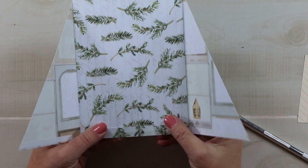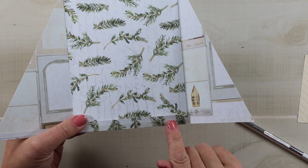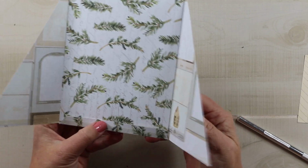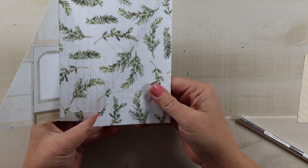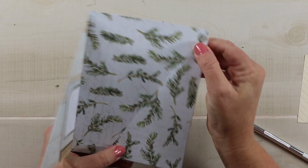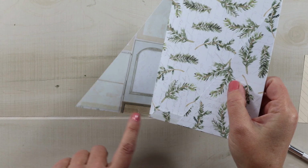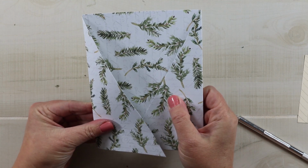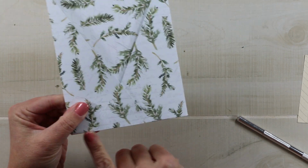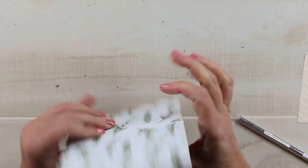Okay, so now I have folded up the flap on the bottom, and you can see that I have adhesive all the way across the bottom. So I'm just going to go ahead and fold over my right hand side. It goes past the middle, and so this will create the right hand side. And then I've put some adhesive on the back of this flap so that it will seal up this left hand side. Now you can see it's nice and straight across the bottom,